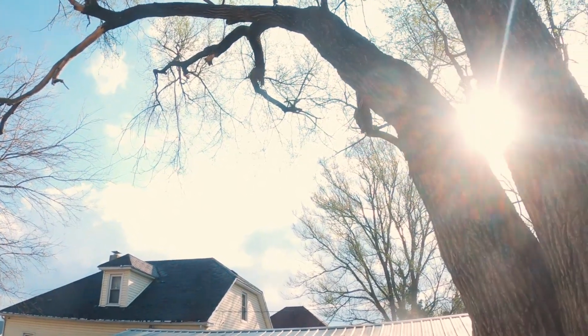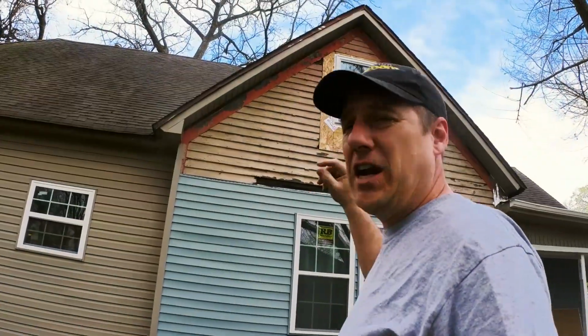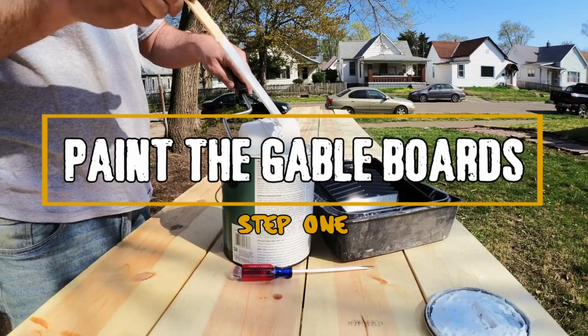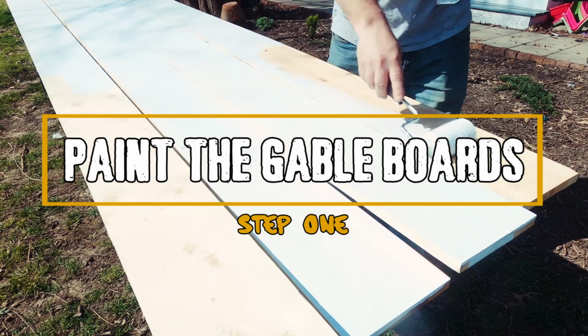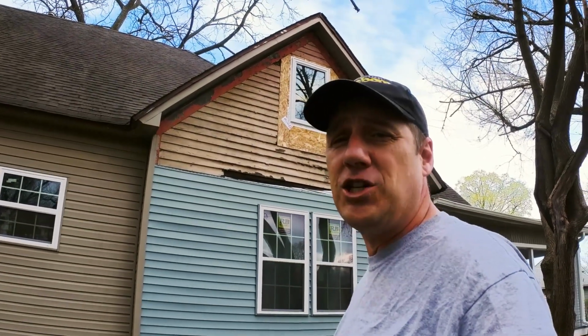Wow, what a beautiful day. It's days like this you just want to get outside and get started. So the first thing I need to do is paint some gable boards to go up there under the eaves and trim that out. Then I'm going to go ahead and finish up some flashing I still need to do